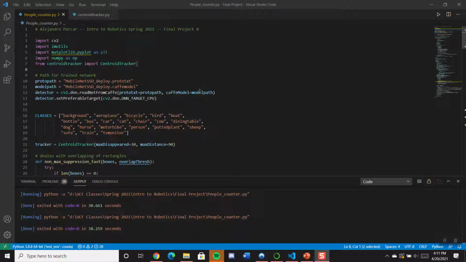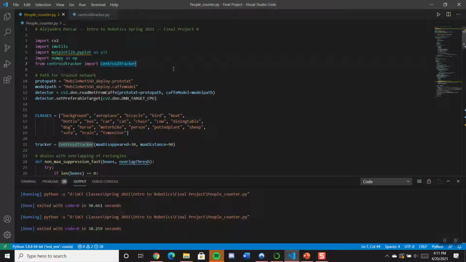Alright, so this is my demo for the COVID check counter. It's my final project for Intro to Robotics for spring 2021. It's basically a computer vision program that could be put in a camera in a room, like a restaurant or store. It basically just counts how many people are in the store or in the room. And then it checks if the number is okay with the guidelines of whatever facility that is. So it's just an idea I had to stay safe during COVID times, and yeah, I thought it could